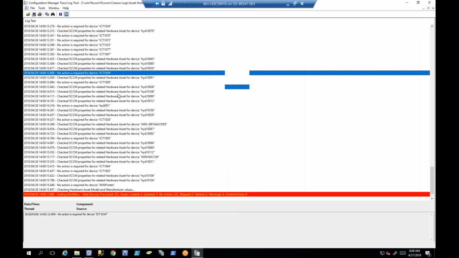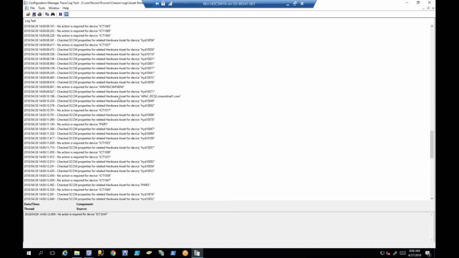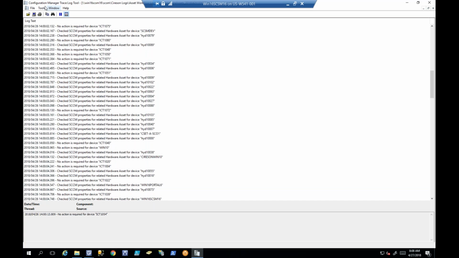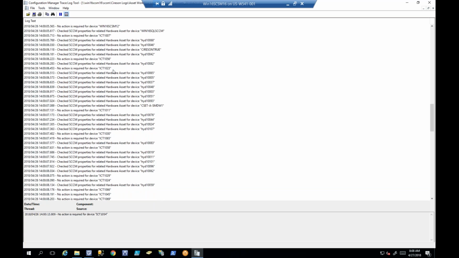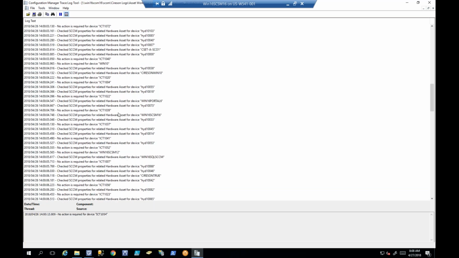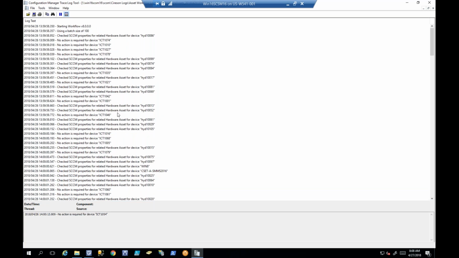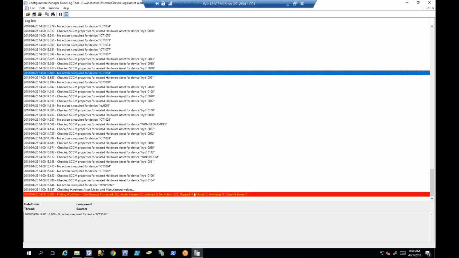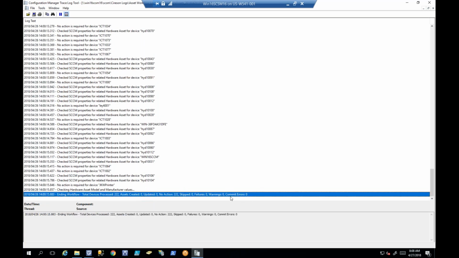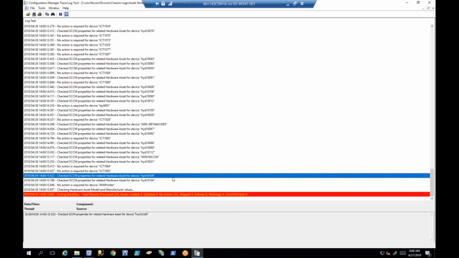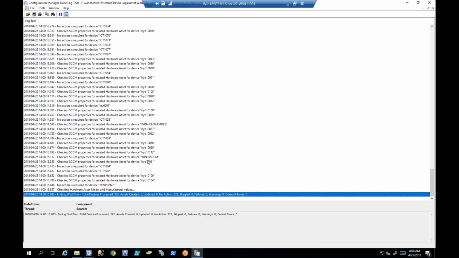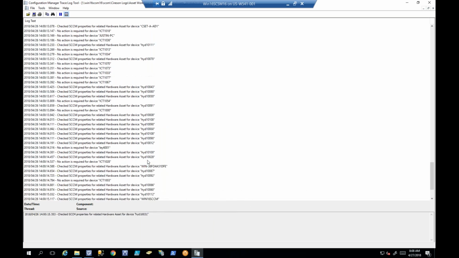And I do want to point out here, you can see I'm using Configuration Manager Trace Log Tool, CM Trace for short. If you're in this SCCM world at all, you're very familiar with this tool. And one of the great things about CM Trace is it highlights errors. Now, this is not an actual error, but it looks for any line that contains the word error and highlights it in red. And anything that's not an error that has a warning, it highlights in yellow. So it's a really great logging tool